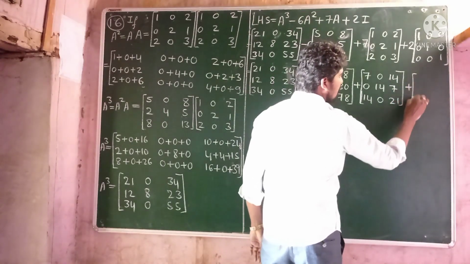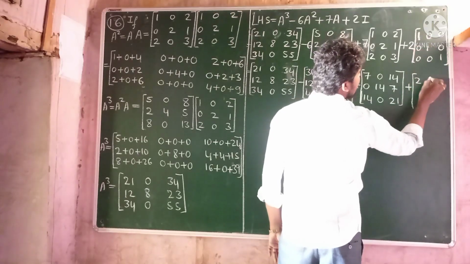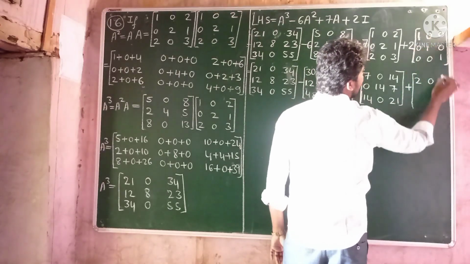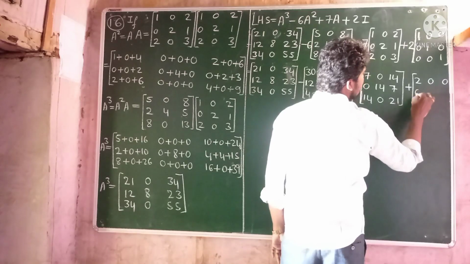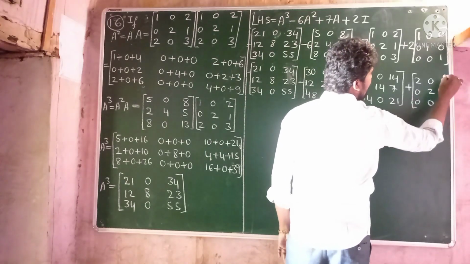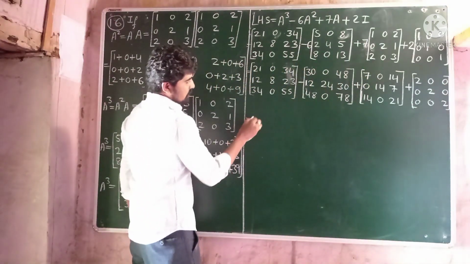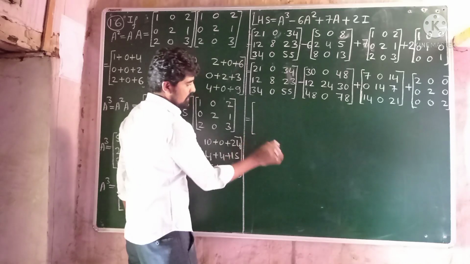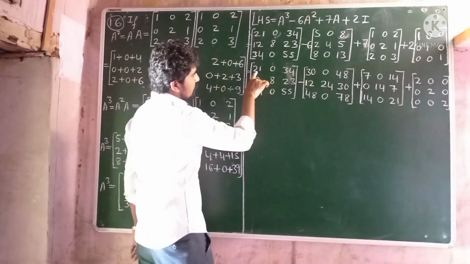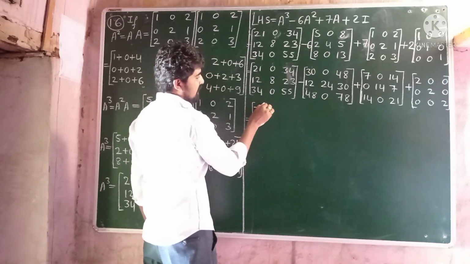plus 2 into I matrix, that is 2 into 1 is 2, 2 into 0 is 0, 2 into 0 is 0, and similarly 0, 2, 0, 0, 0, 2, which is equals to 21 minus 30 minus 9,